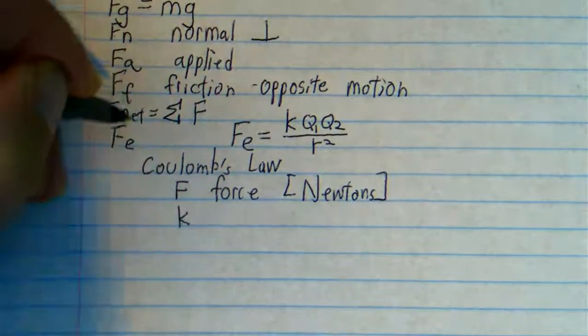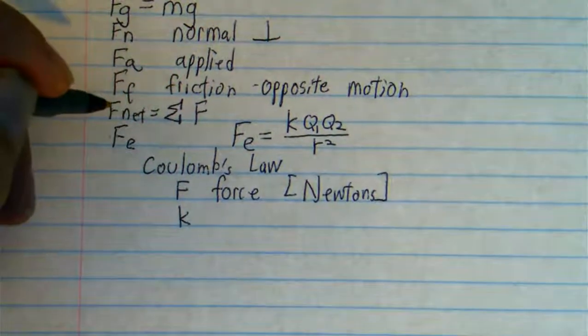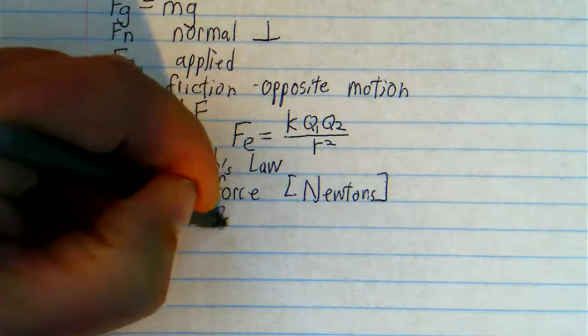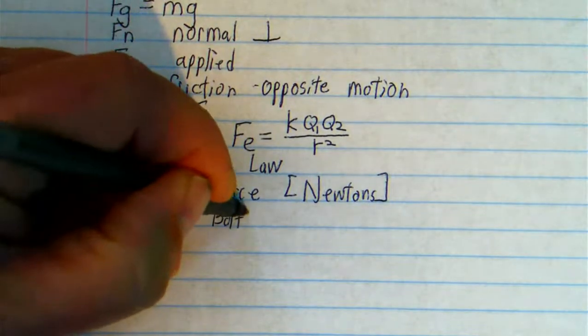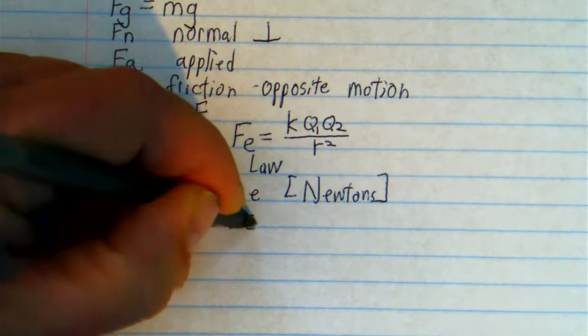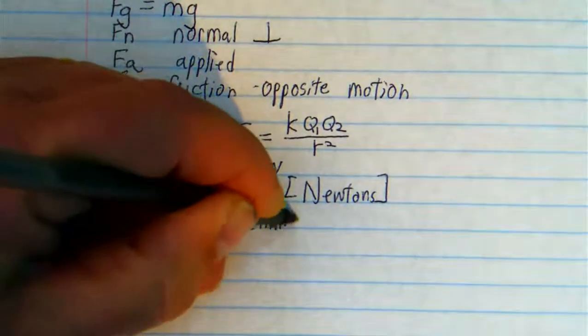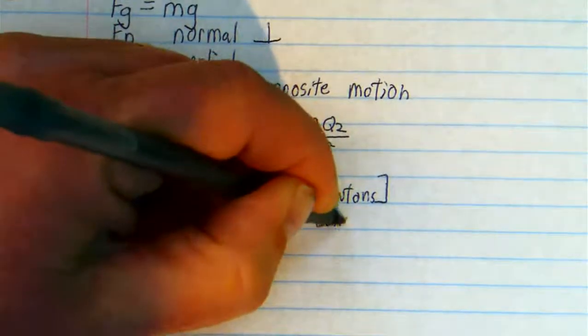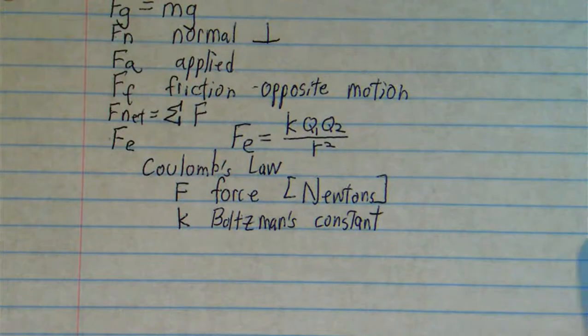K has a name. I believe it's called Boltzmann's constant. It's not even called Coulomb's constant. It's called Boltzmann's constant. And its value is